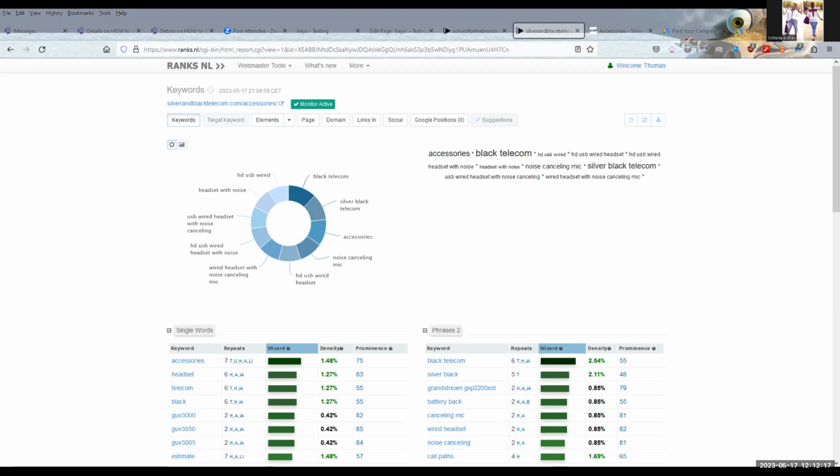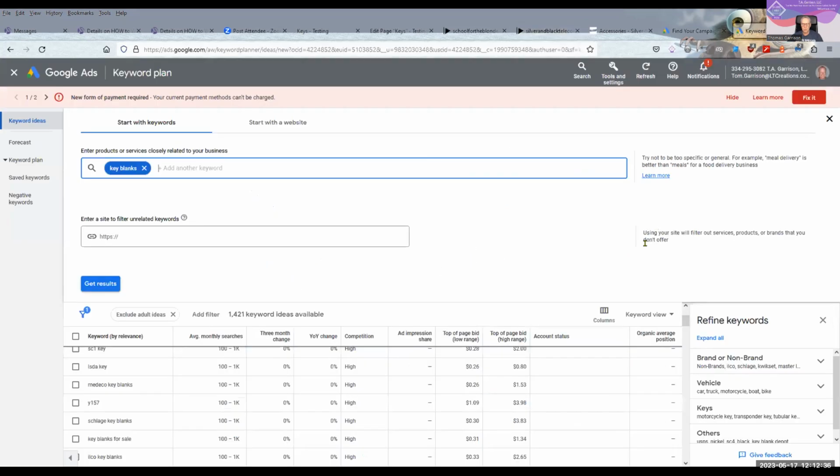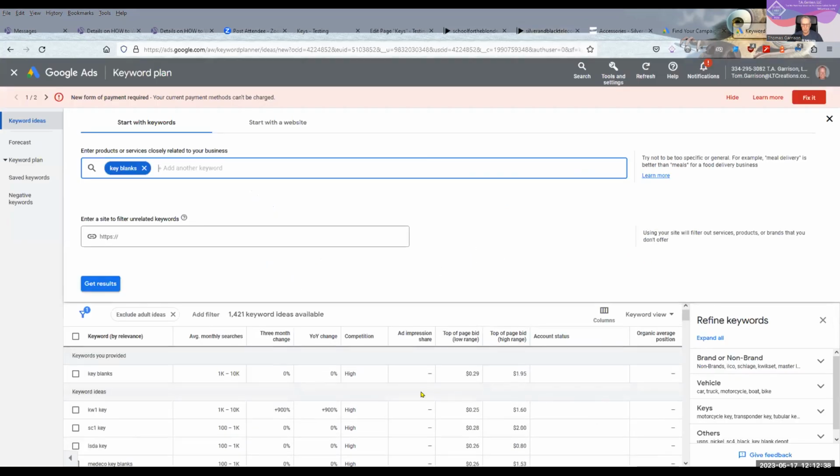I'm just wondering, what's the difference between Google Trends and the keyword planner? The keyword planner is telling you, here are what people search. The trends are, here are the trends for those searches. And in the keyword planner, which I will show you, the results also show you the trends here. Like this one right here, can you see that it's got the KW1 key is plus 900%?